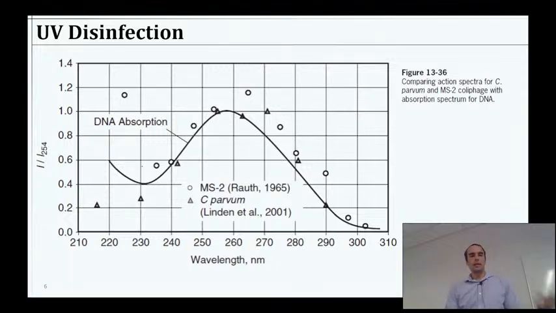But we can see how much light is being absorbed at different spots compared to the 254 nanometer spot. So it's normalized by this value, which is our typical UV light absorption. We can test that for different organisms, and sure enough, DNA approximately has this shape in terms of light absorption. So this also means that human DNA would be pretty similar, right? So if we were exposing ourselves to this stuff, that's not good.